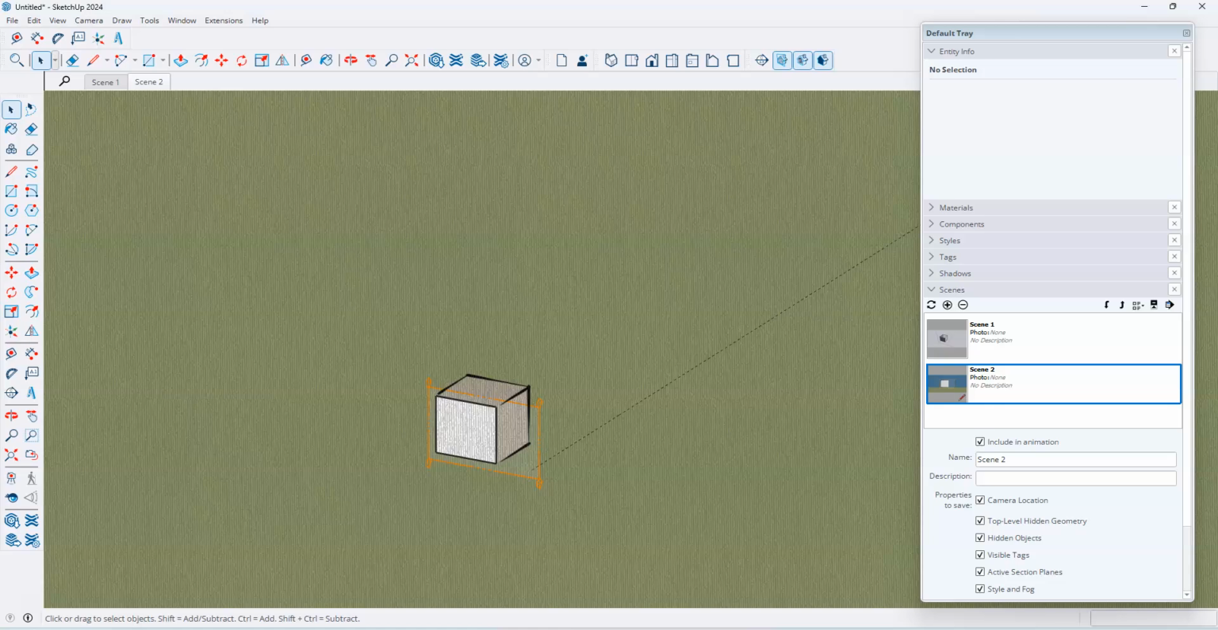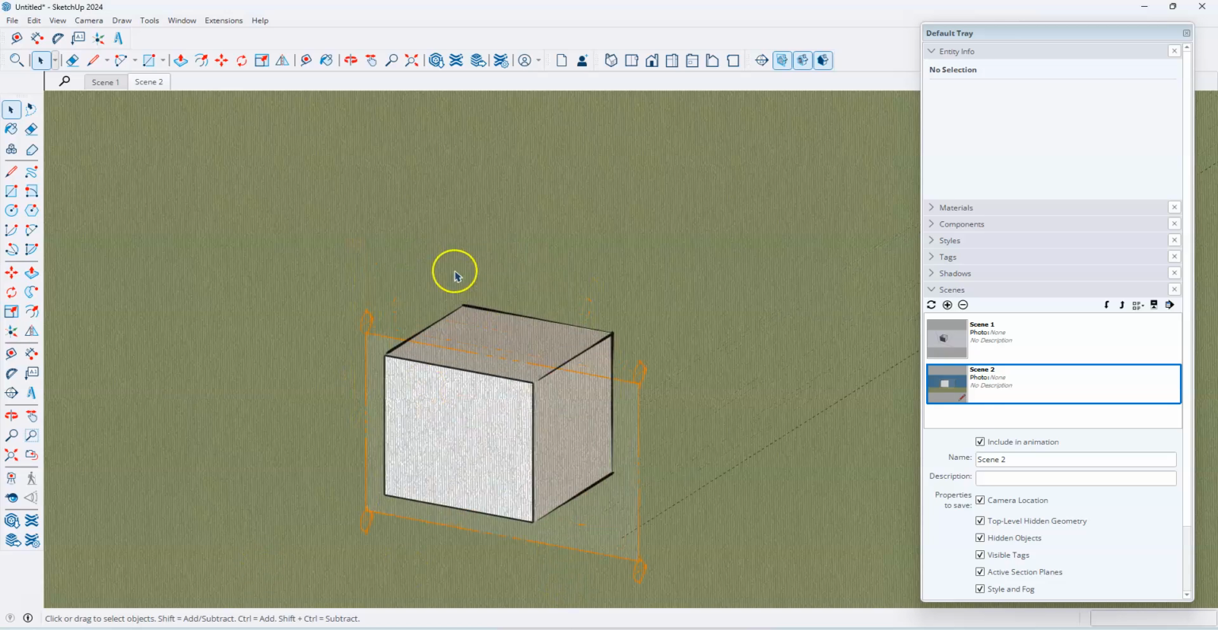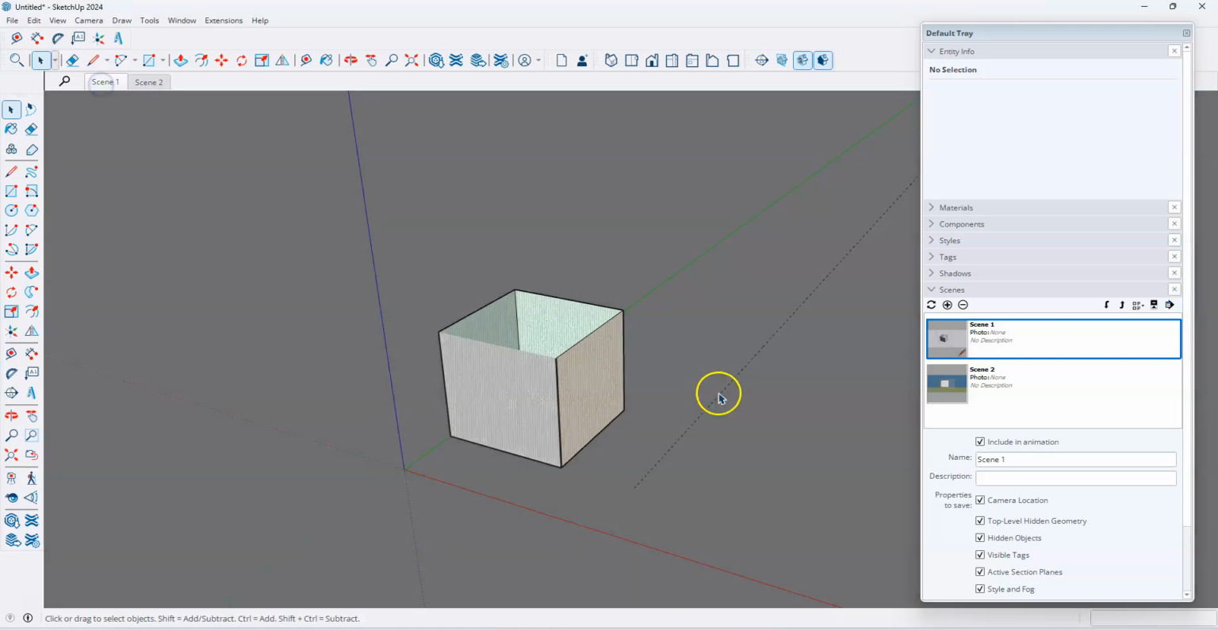Could you give a good example of how you would use that in a real life situation? Yeah. Let's say, all right, my scene 1,